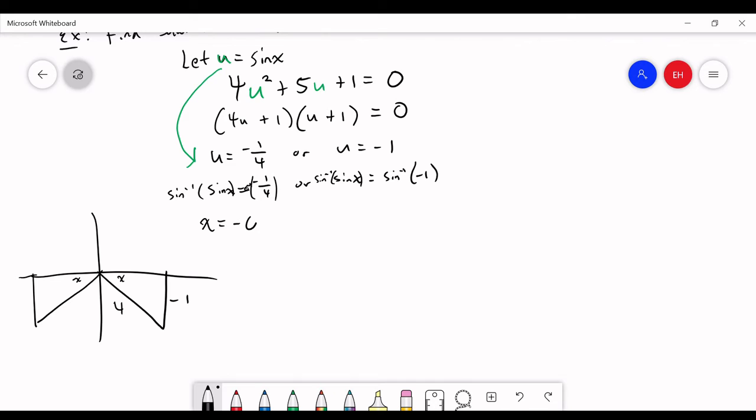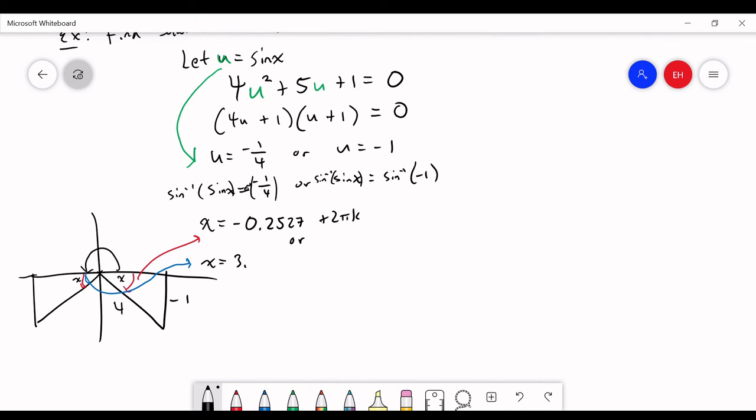Now, a quick analysis shows that this isn't one of my special triangles, so I got to put it into my calculator. And the calculator gives me the answer negative 0.2527. But remember, I got to add 2 pi k to get all my possible answers. And the other answer comes from that angle x is 0.25 radians. So if I add pi to it, it's going to be,